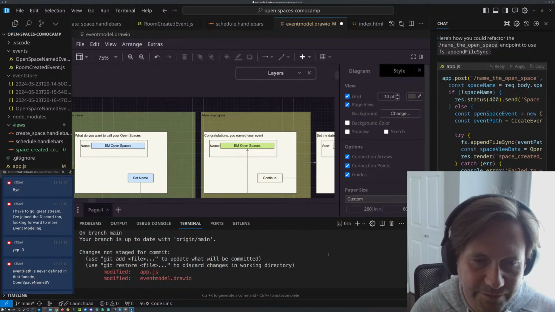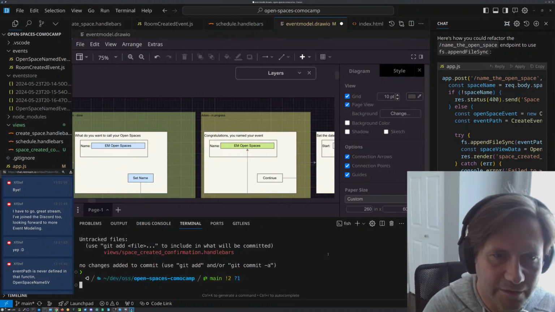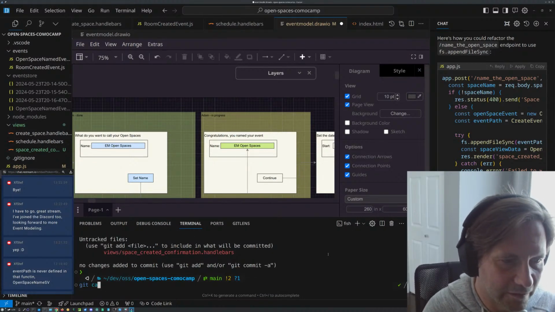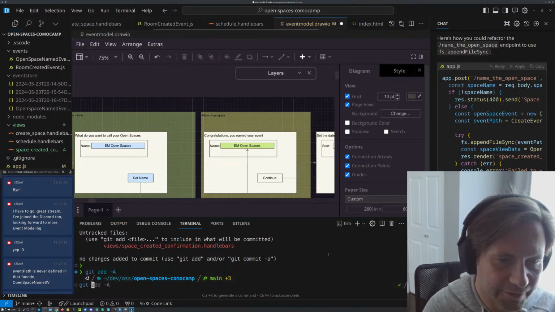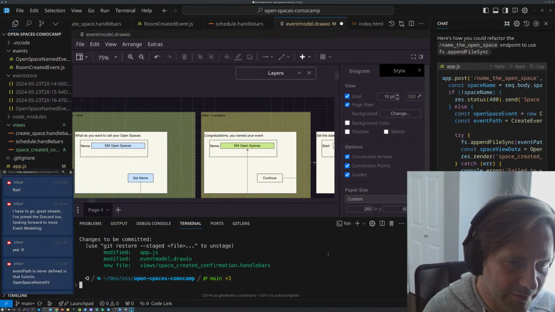All right, now that I've done this, git add everything. Status, did we add anything that we don't want? No, I think that's all we want.